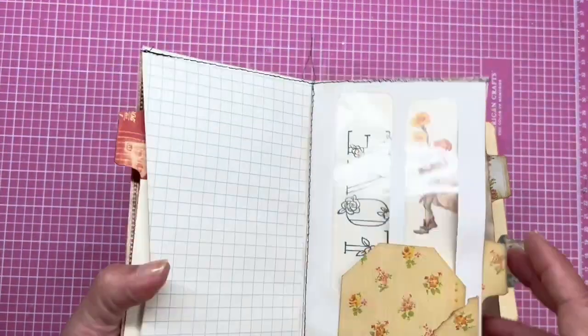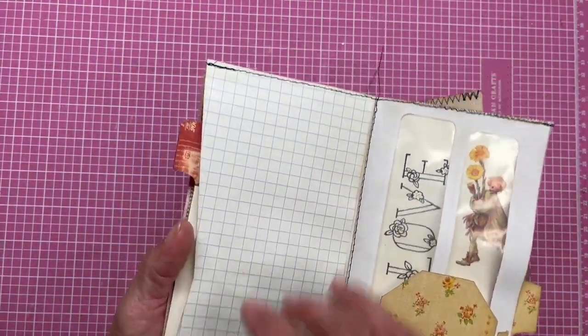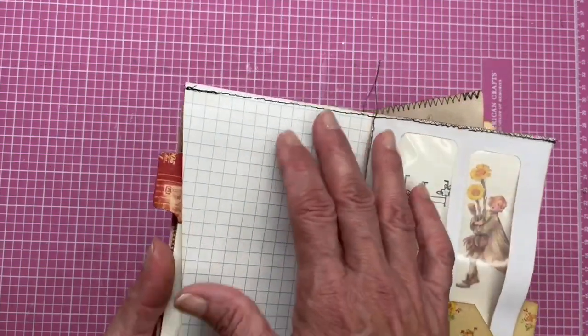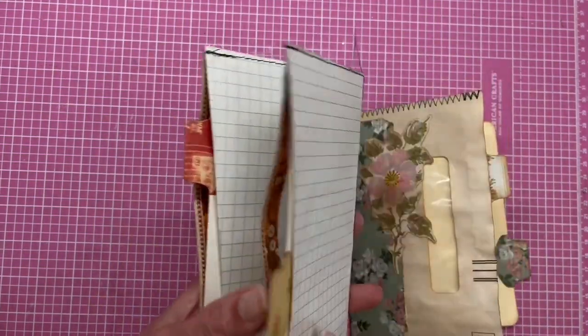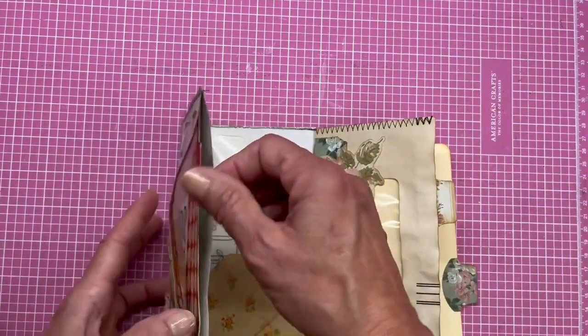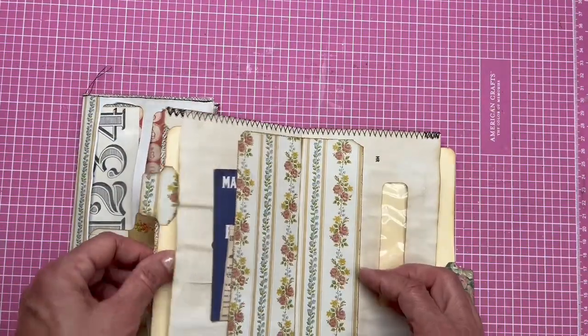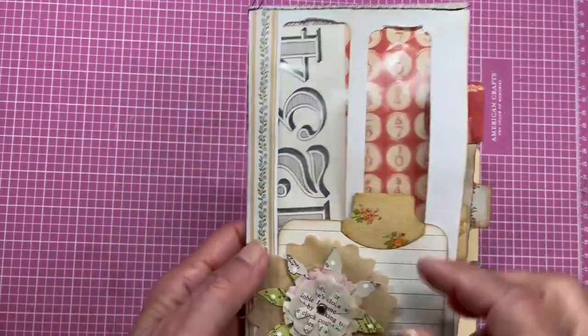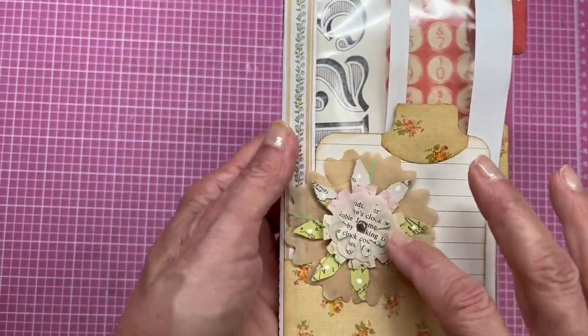I made writing space instead of putting another pocket there. I made a writing space by just gluing some graph paper down to these sides. And then you've got all the writing space on the journal cards as well. So there's that one. Before I go on, I wanted to show off this little paper flower